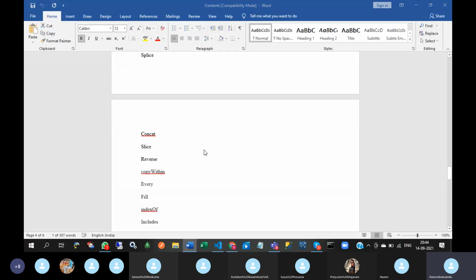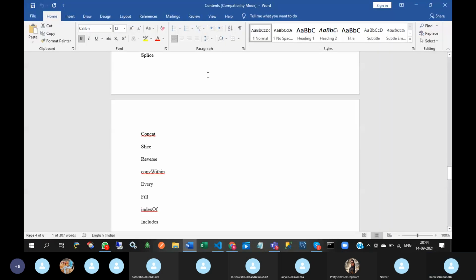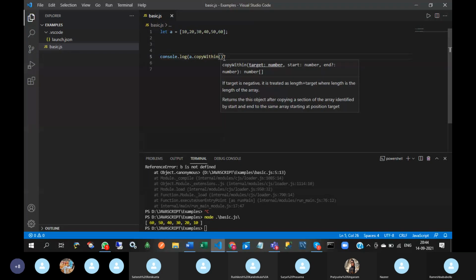Next one, copy within. It returns the object after copying a section of the array identified by start and end to the same array starting at position target.